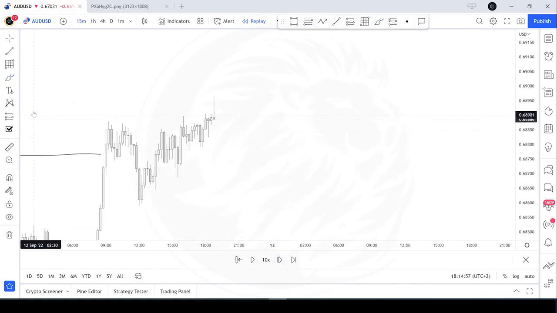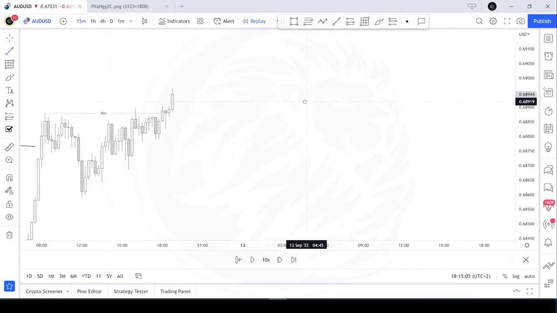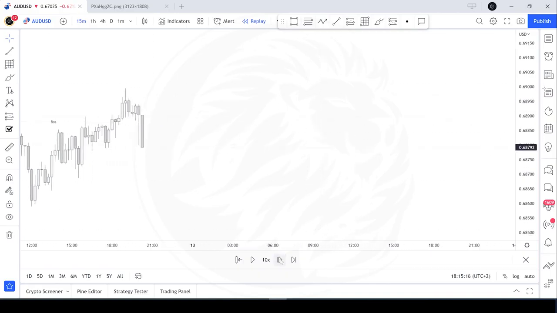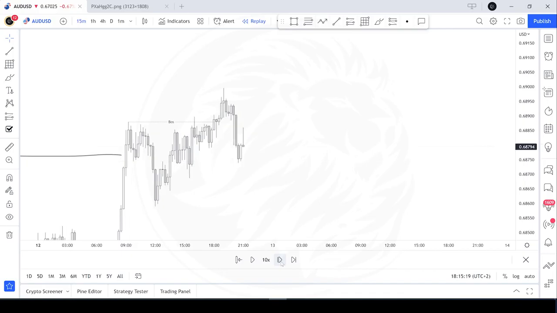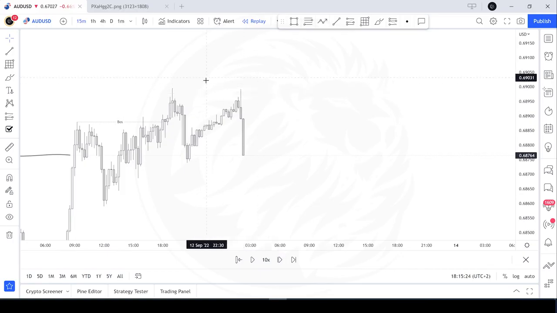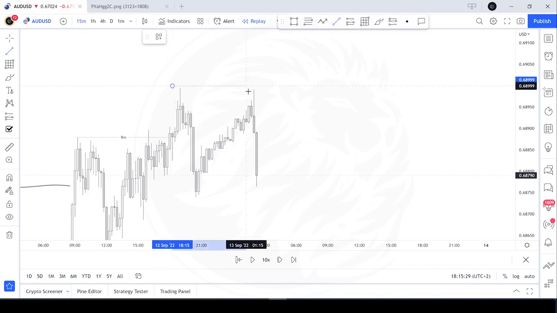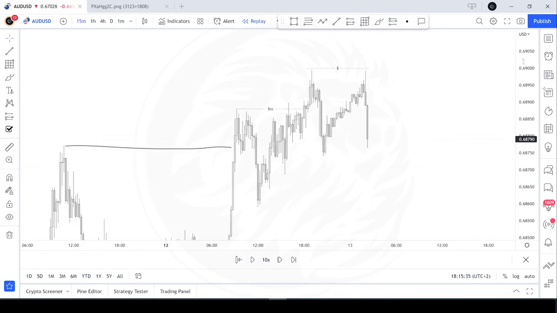So for now, we'll check if we have a break in market structure. Yes, we have. So we have this one here, but it is already mitigated. So we have maybe this other block here, which can be used. Okay, perfect. Price reacts to it. Okay, let's see if we have a break in market structure. So here, as you can see, price didn't break that high. Okay. So for now here,